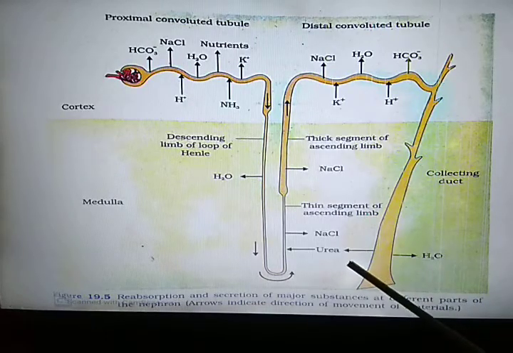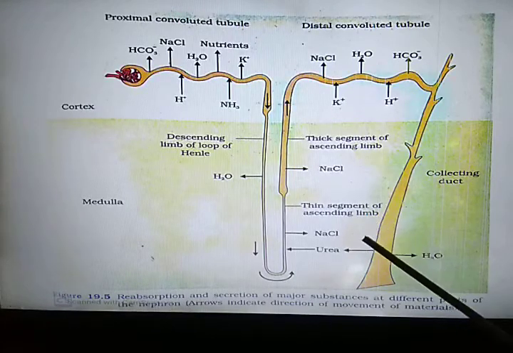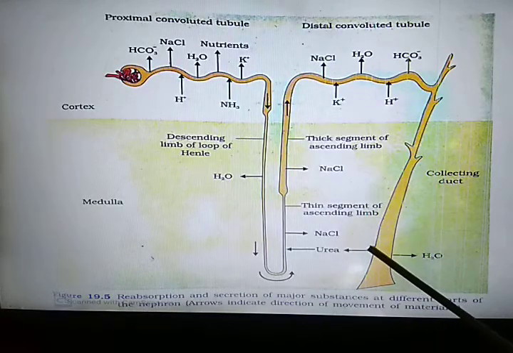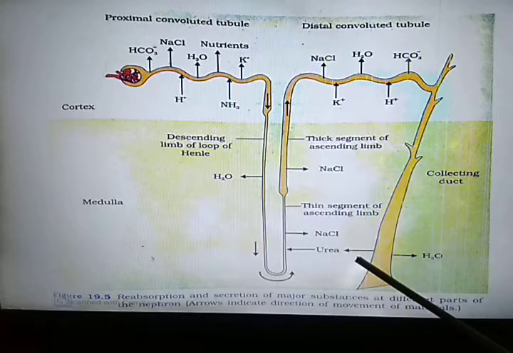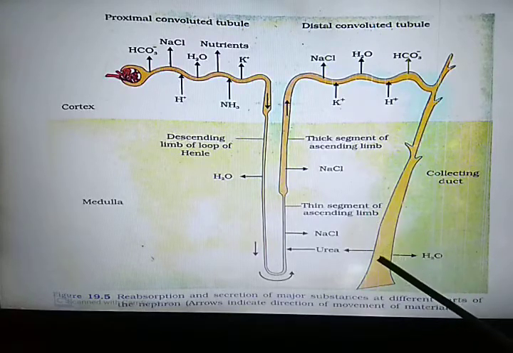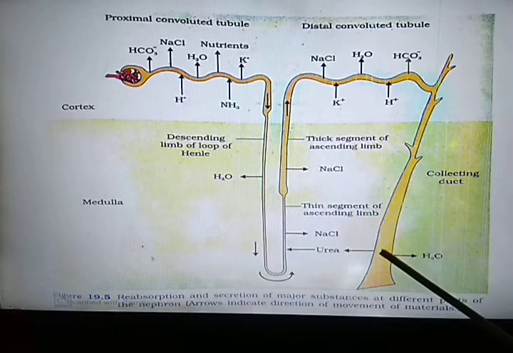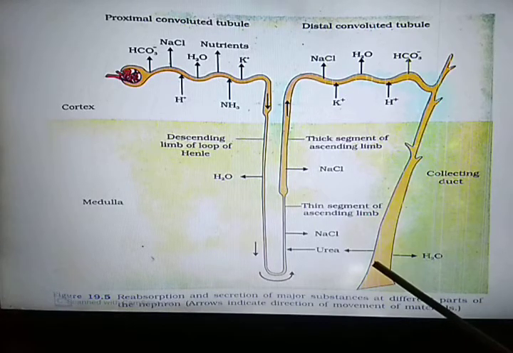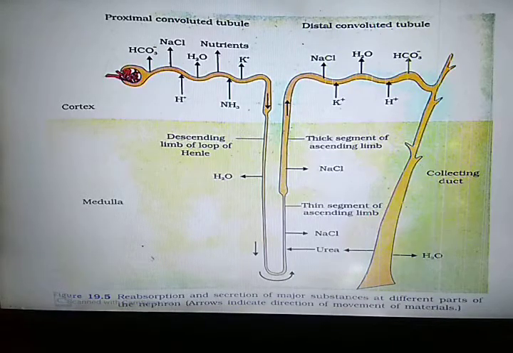Even secretion of a small amount of urea will also occur. Secretion of a small amount of urea into the medullary interstitial fluid takes place to maintain the osmolarity of the interstitial fluid. A small amount of urea also moves outwards. So the main function of the collecting duct is that it maintains pH and ionic balance of the body by secretion of hydrogen and potassium ion. With this, the function of different parts of the nephron is